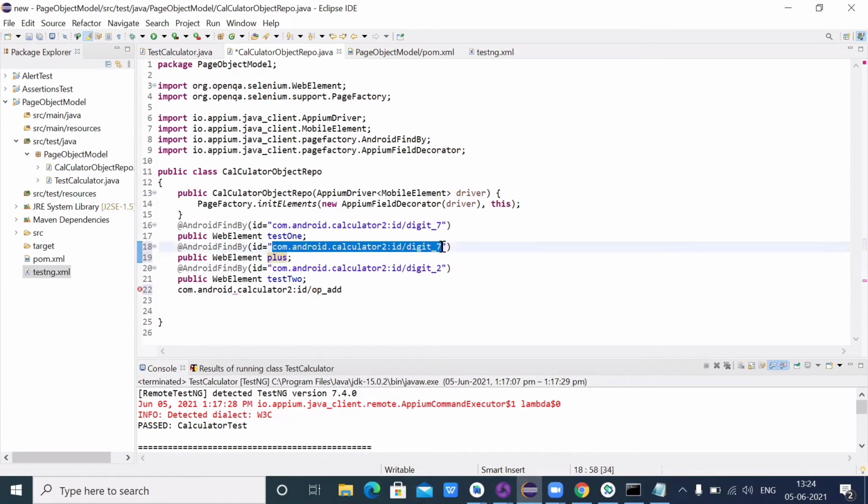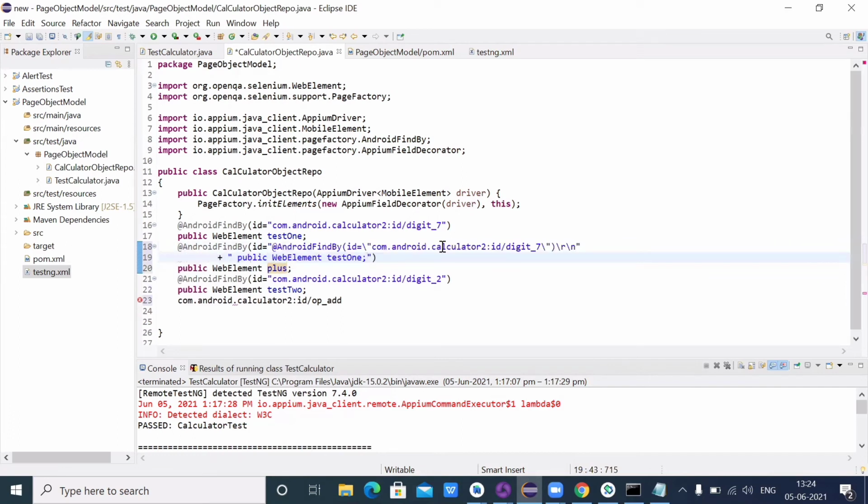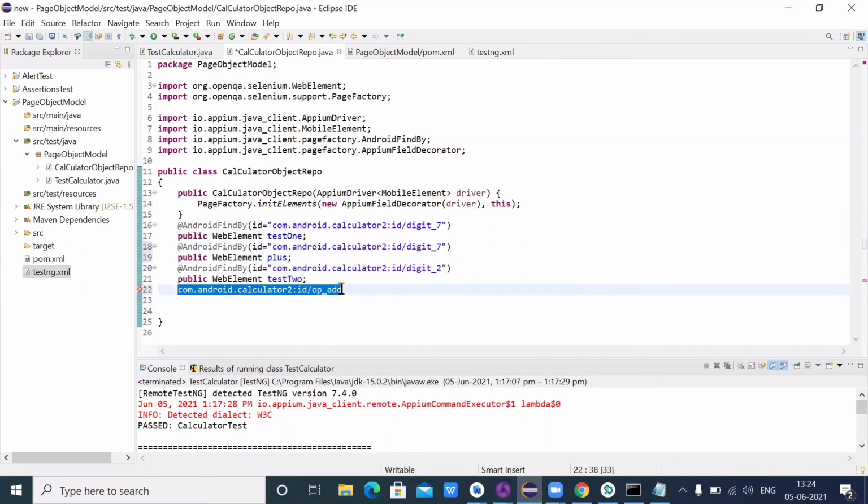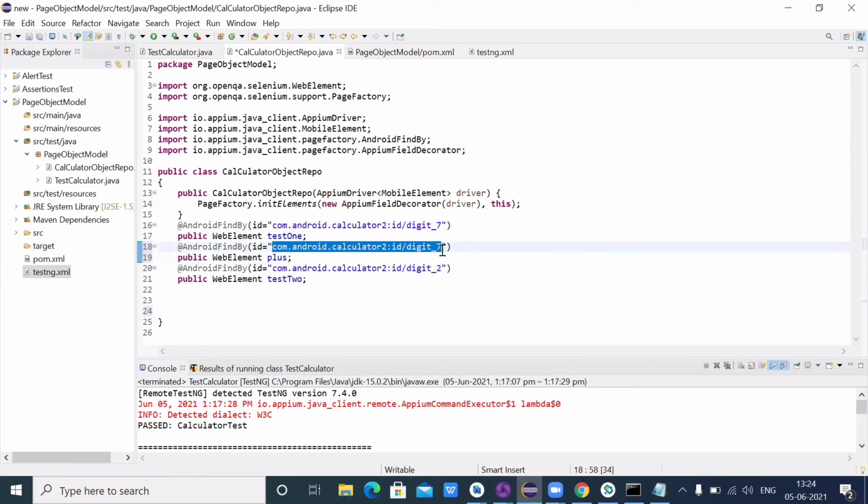Here I will pass the ID for the plus symbol. I will paste here. Now it will give the 7 plus 2 to me.